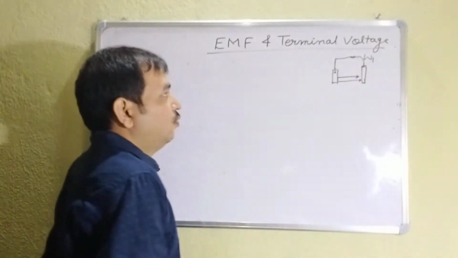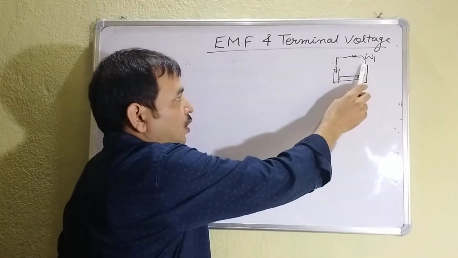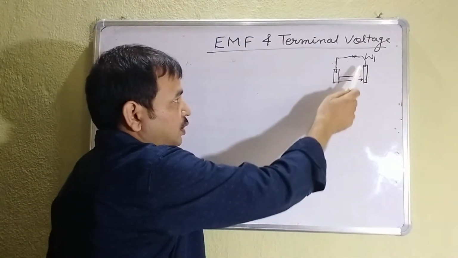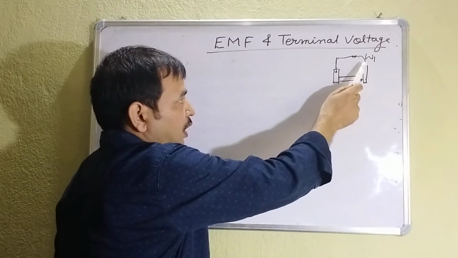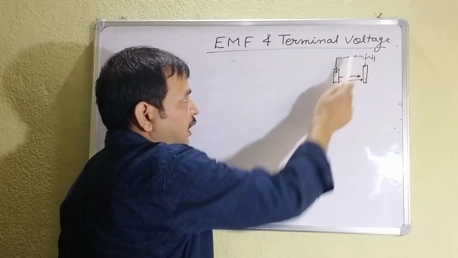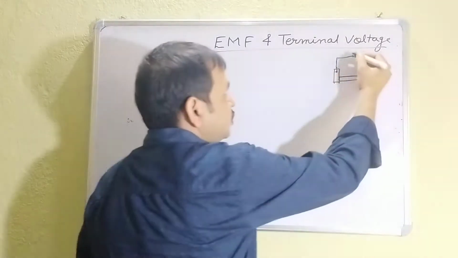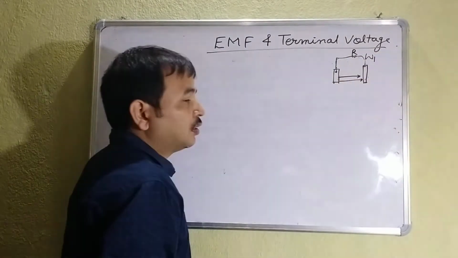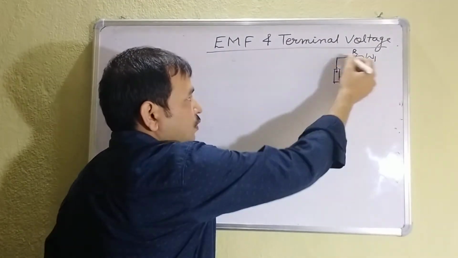Suppose here we have learned that we are doing two works. First, we are providing the electron the energy, it is moving against this opposition. That is, against this opposition means this external resistance R. So it is doing some work.